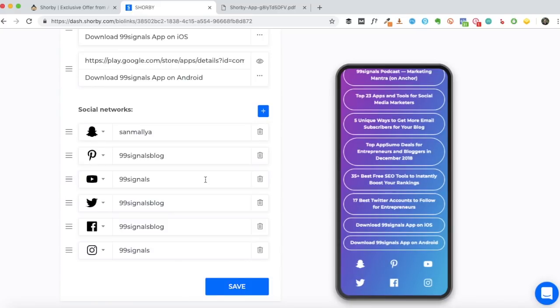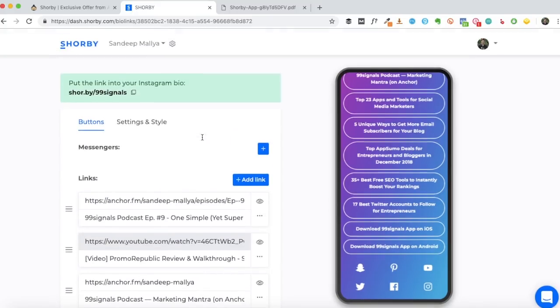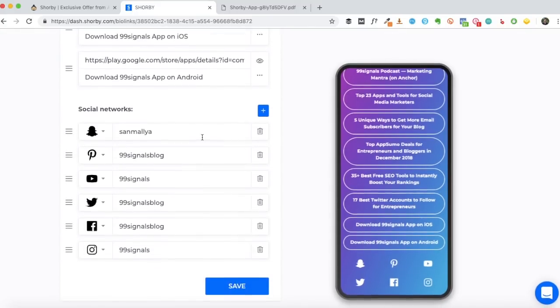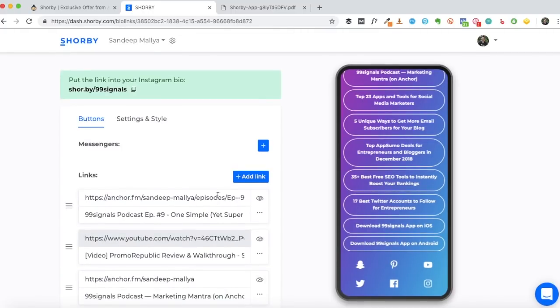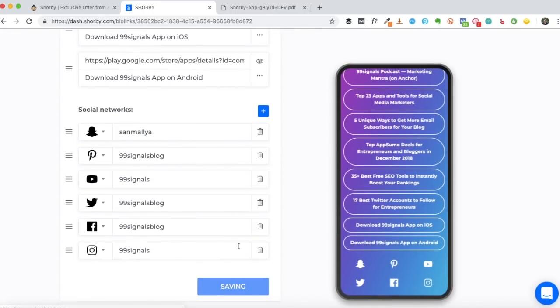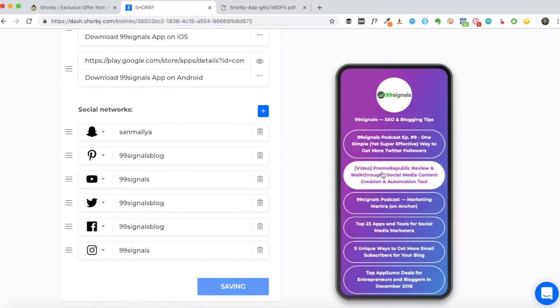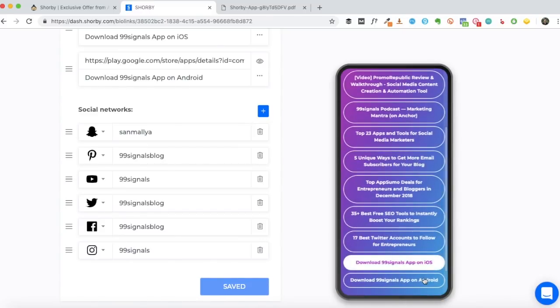If you don't know the username, for example, if your YouTube has a very generic URL, then you can just type the URL here, and Shorby will pick it up. Once all these links have been added and links to your social profiles have been added, you just need to save this, and you will have a page that looks very similar to this.